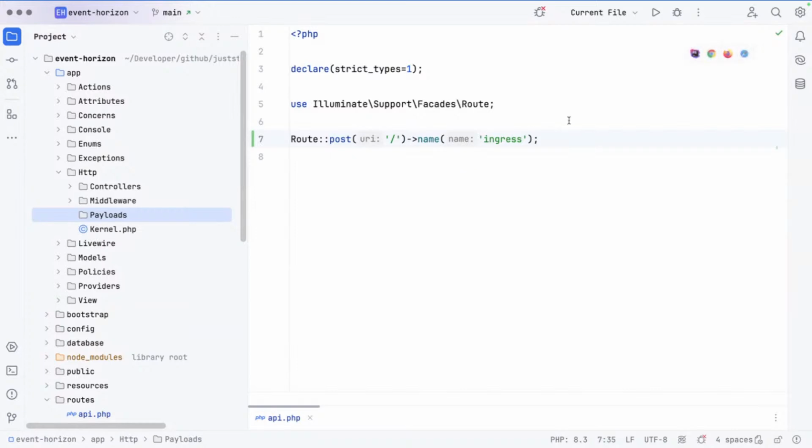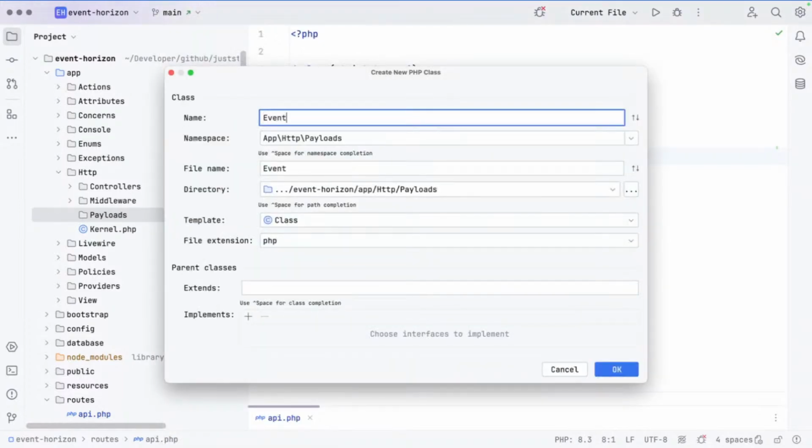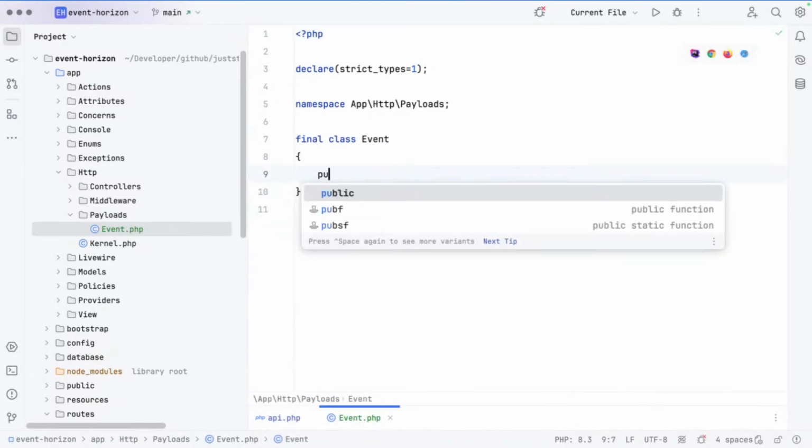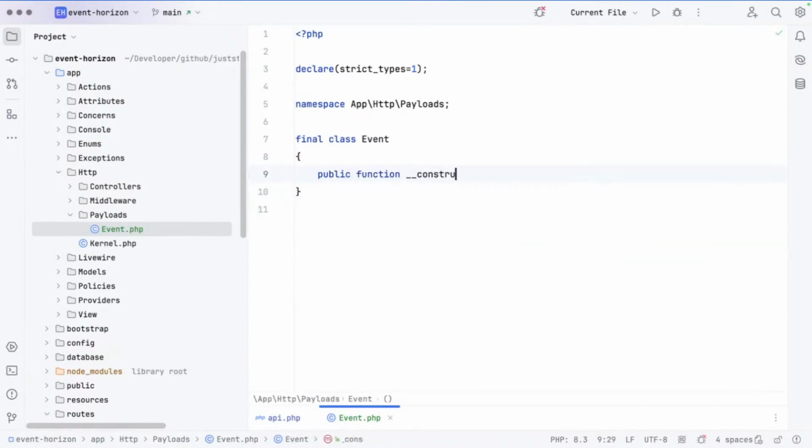What is Unified Event Tracker? So basically, it is an API that you can send events to from your application to start looking at analytics and analysis of events that are perhaps going on in your application. That's about it. If I'm honest, it's nothing more than that. So we are going to accept an event. Let's just say don't ask again because we're not going to want to keep doing that. So if we say public function construct,